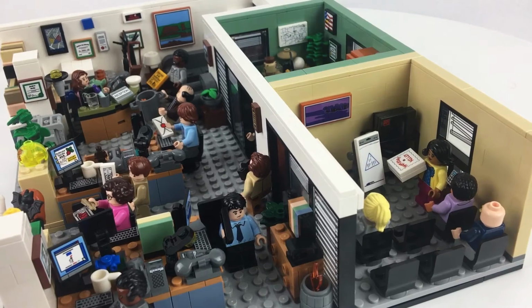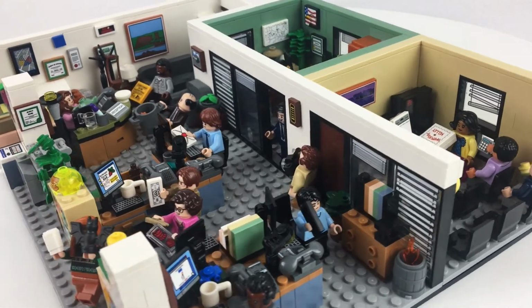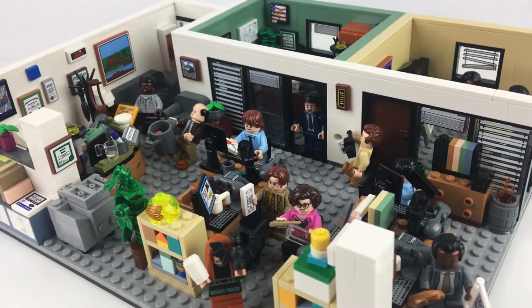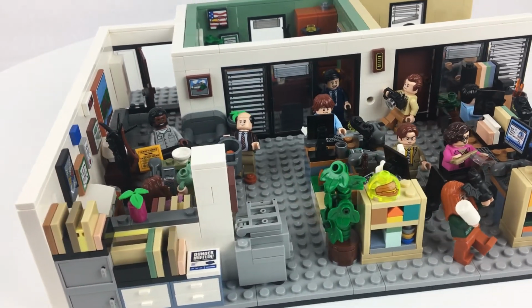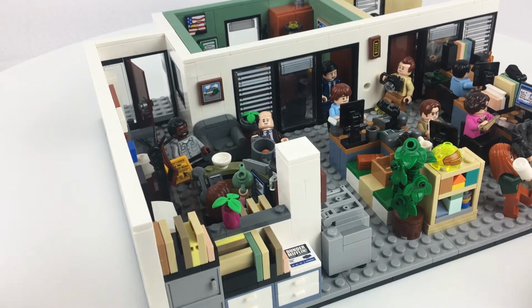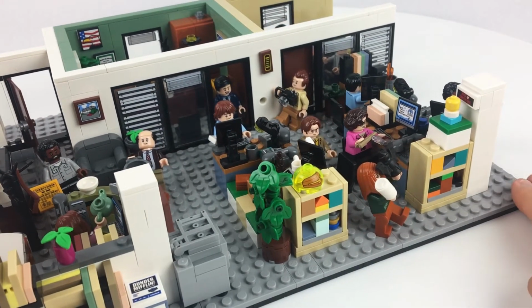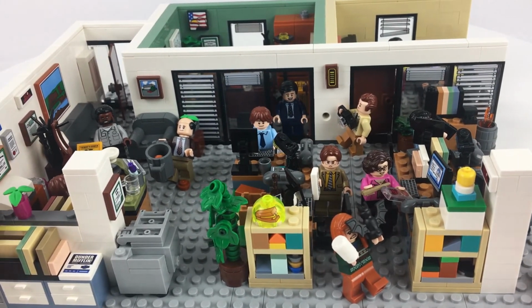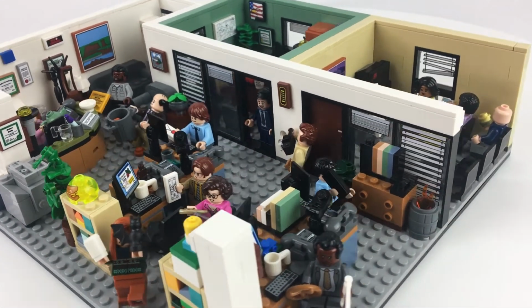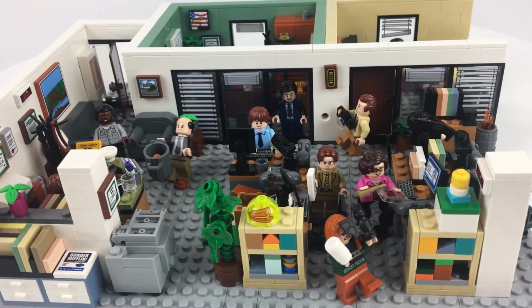And just quickly, before I give you a look at all of the individual minifigures, I just wanted to populate the office here with everybody. It just looks so alive and so vibrant, and it's absolutely beautiful. And yeah, I think they did an amazing job. They really pushed the boundaries of what you'd expect from a Lego set like this, and they really try to be comprehensive and give you everyone and everything that you would really need to create your fun office